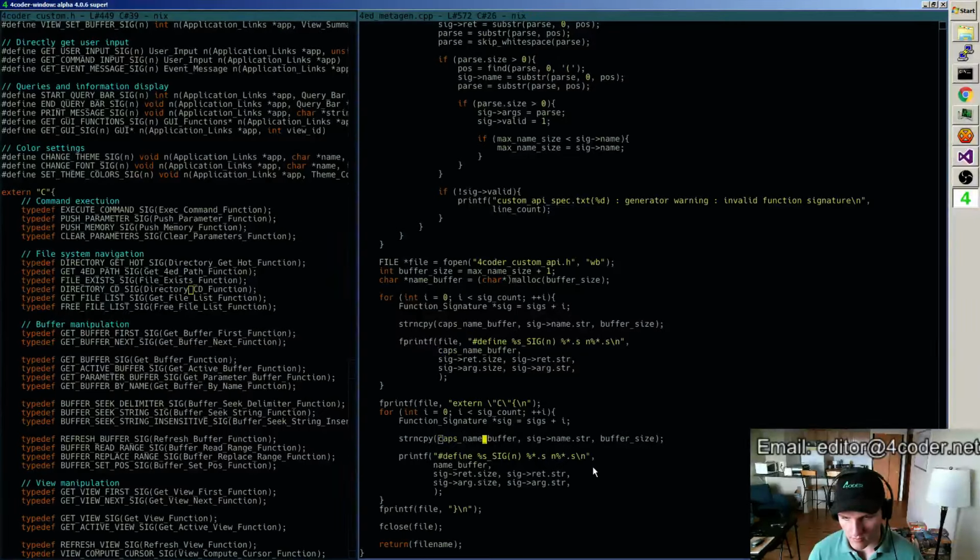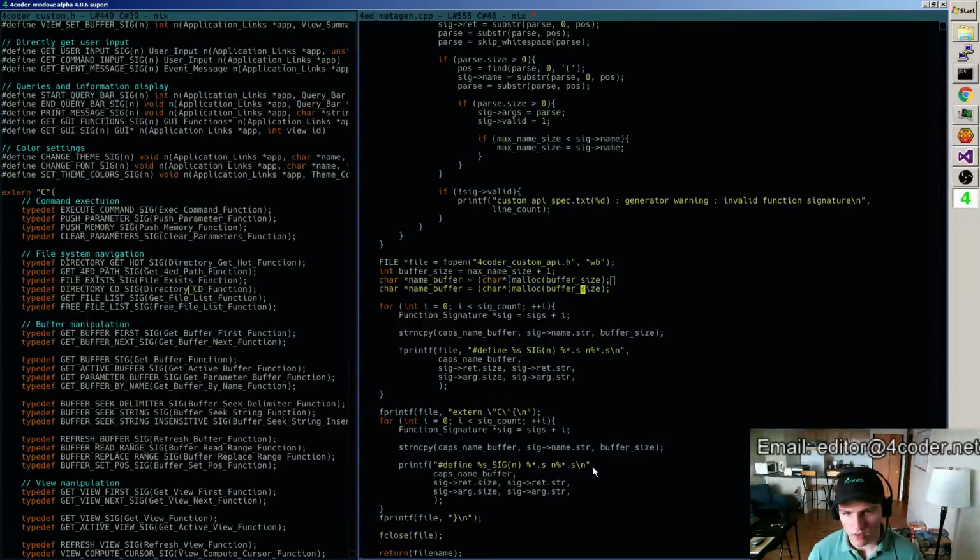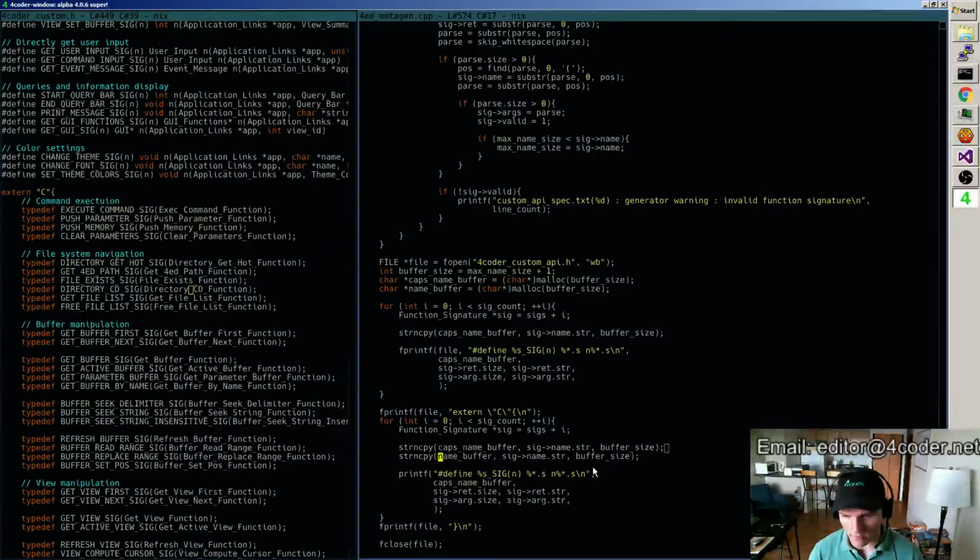And I'm probably going to need a second one of the same size, called the function or type name. That should be caps name buffer, by the way. This could just be name buffer, I guess. So caps name, and name buffer.